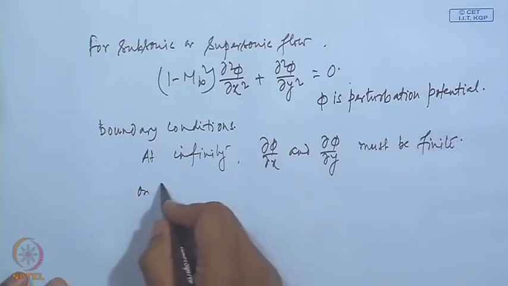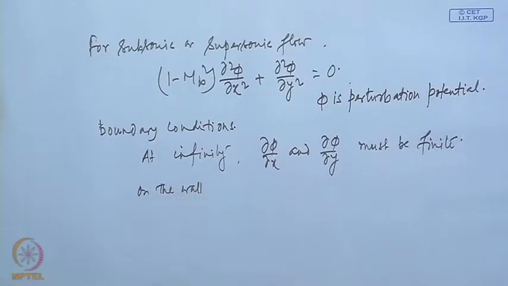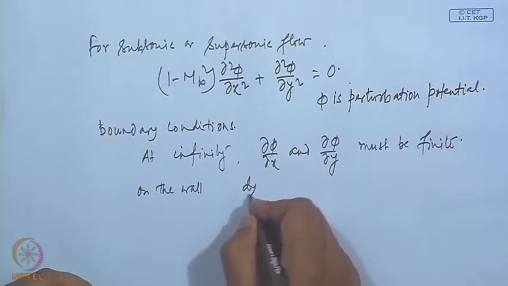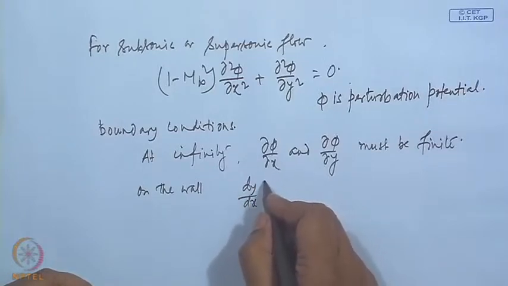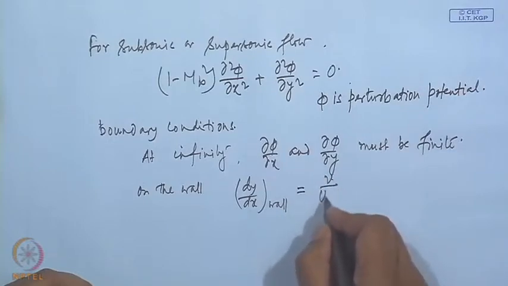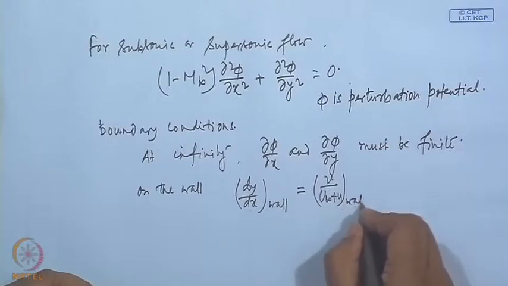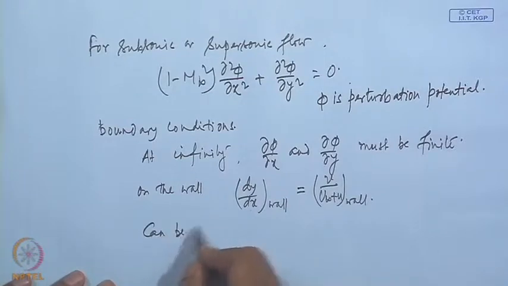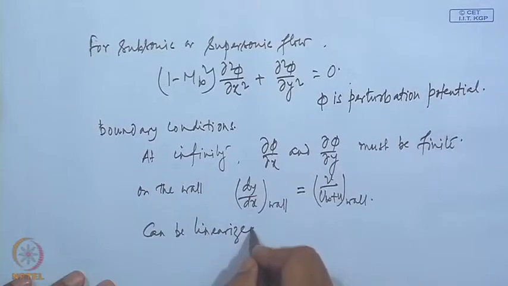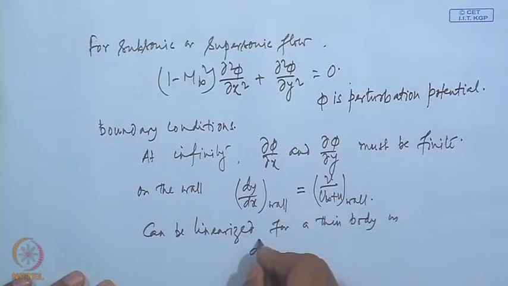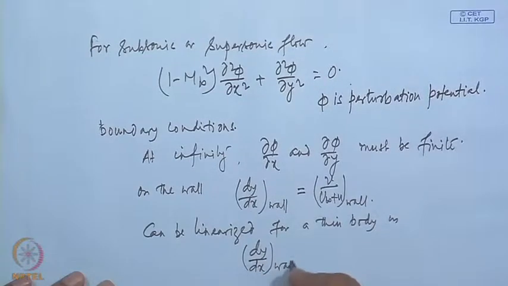And on the wall, the slope of the wall, that is dy dx on the wall, is the slope of the streamline on the wall, which can be linearized for very thin geometry. dy dx on the wall is